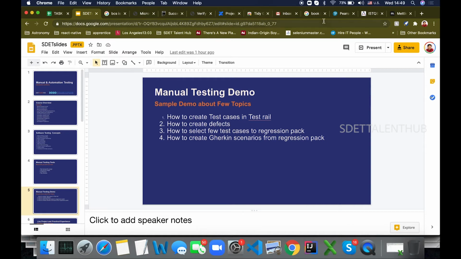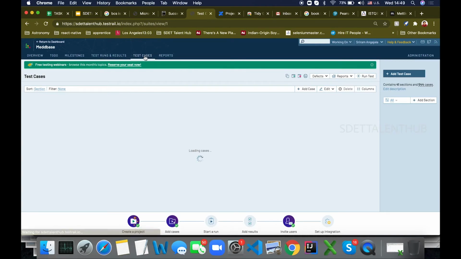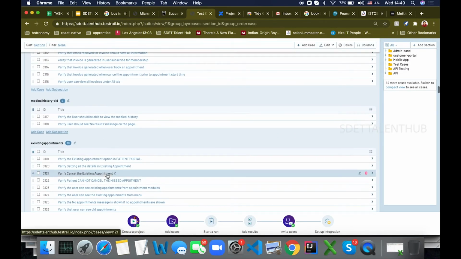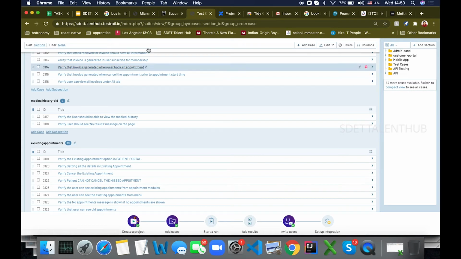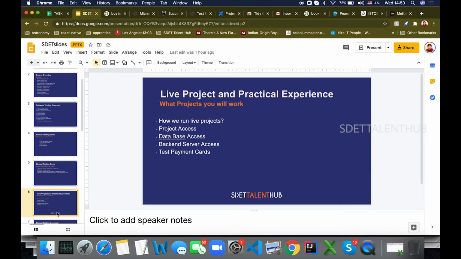So basically we take the whole test cases from TestRail and we copy paste it. Before that we will make sure that we select only a few test cases for the creation pack, not all, and convert everything into a Cucumber feature file or Gherkin language, which will be a perfect input for our automation testing. Finally,